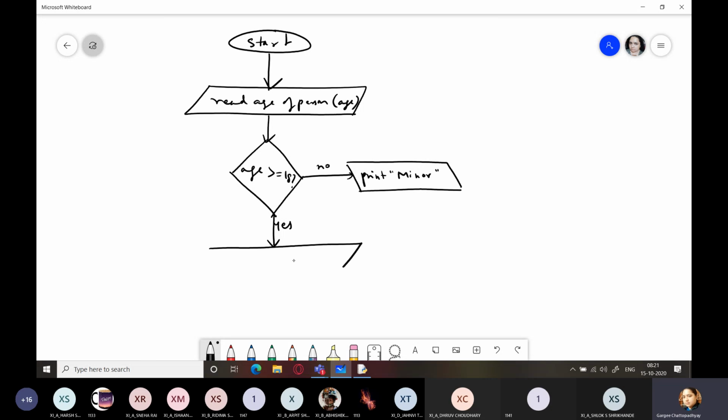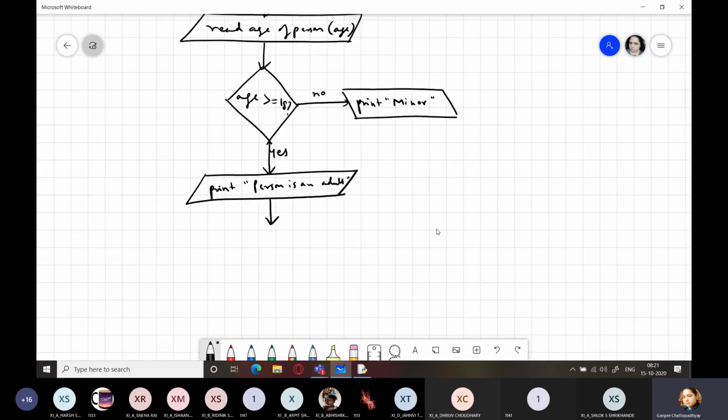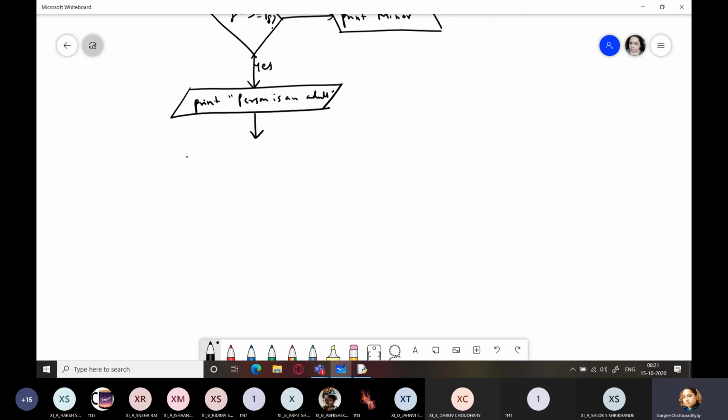So if it is yes, print person is an adult. First of all we need to print this, and now we would be checking another condition. I did a mistake here, just wait.